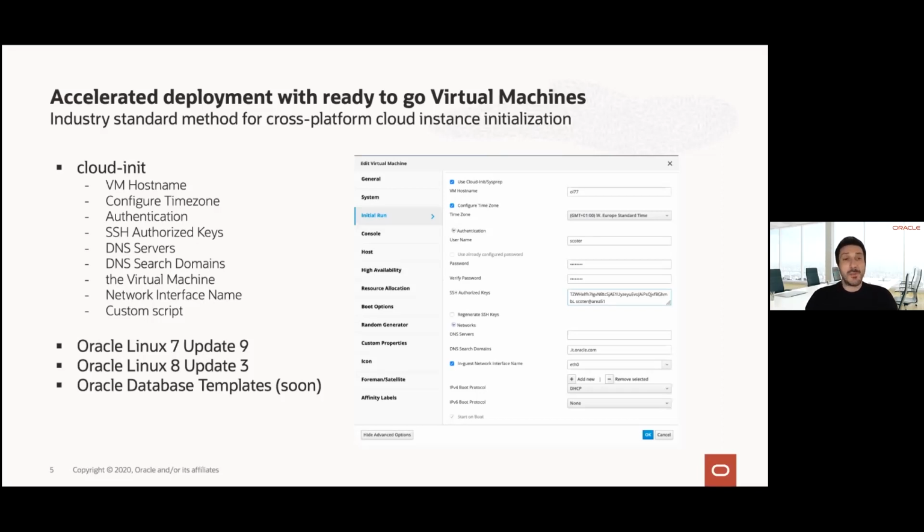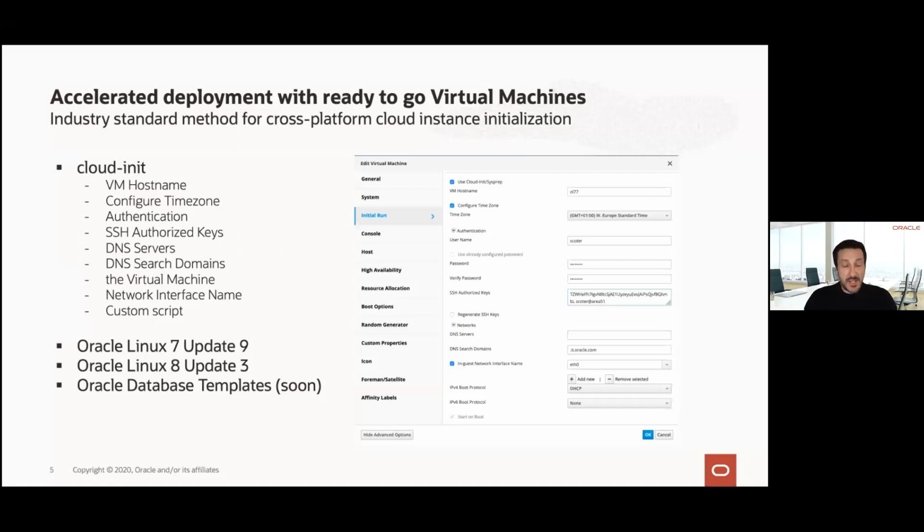The same solution is also available while leveraging Oracle Linux Virtualization Manager and Oracle Linux KVM. It's an automation that gives you the opportunity to configure different options on the first boot of your virtual machine, like, for example, the host name, the time zone, how to get authenticated to your system, and the networking configuration.